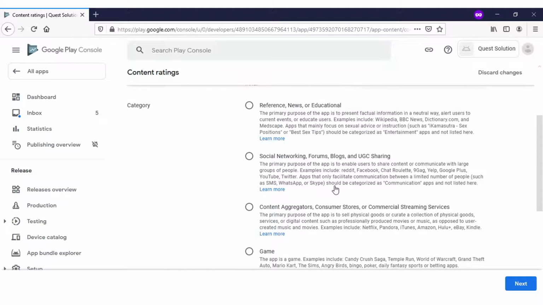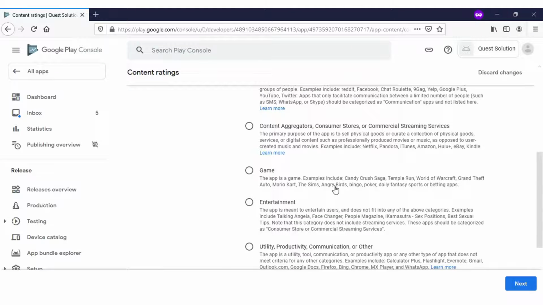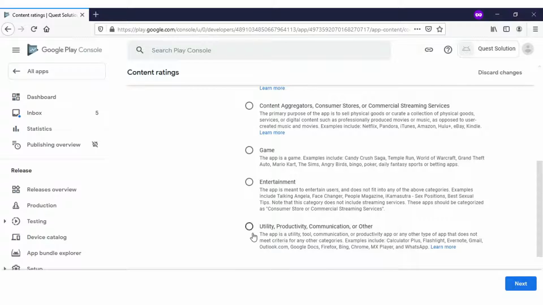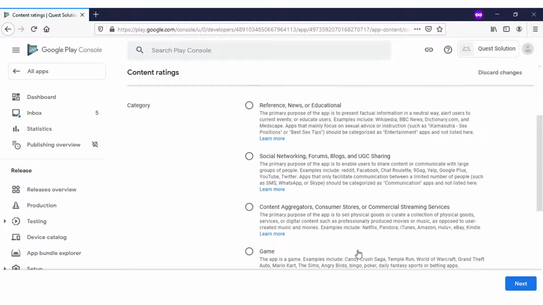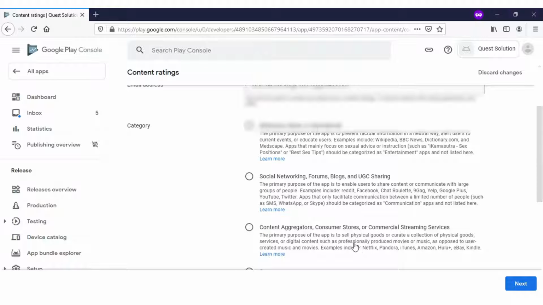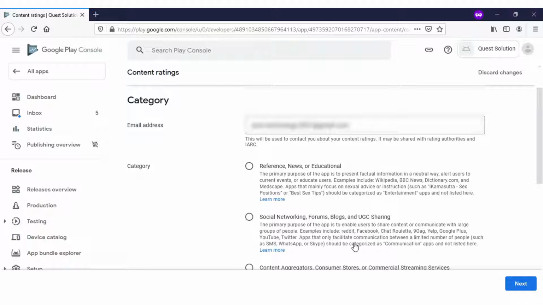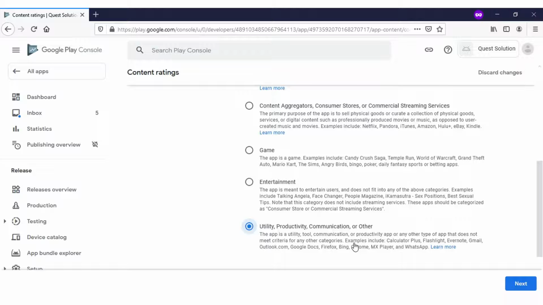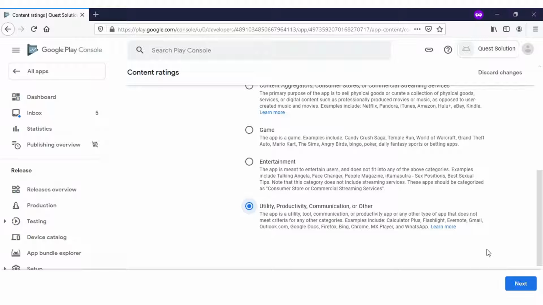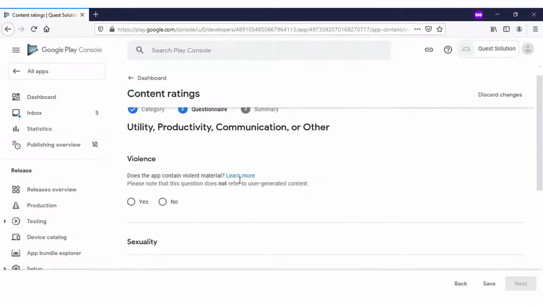So here my application contains utility and productivity. So after selecting utility, productivity and communication, I will select next and see.